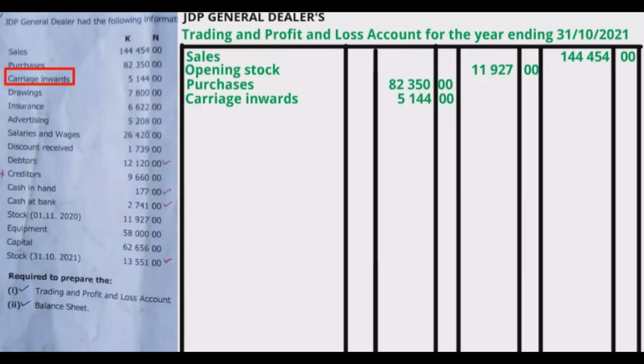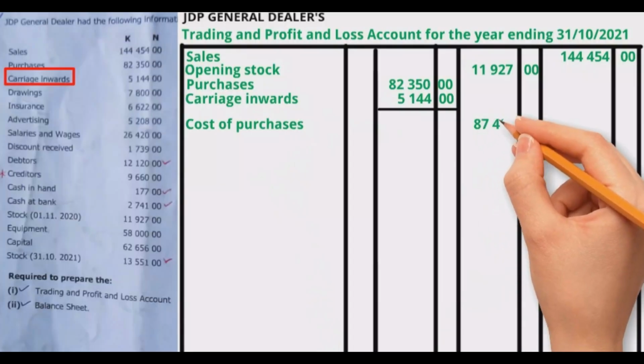Once we have recorded that, we find the total of that. We add 82,350 plus 5,144, which will give us